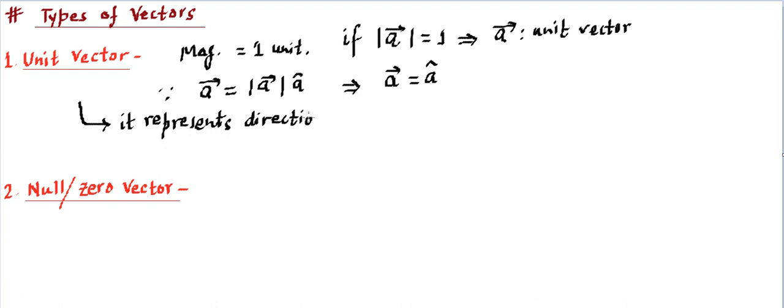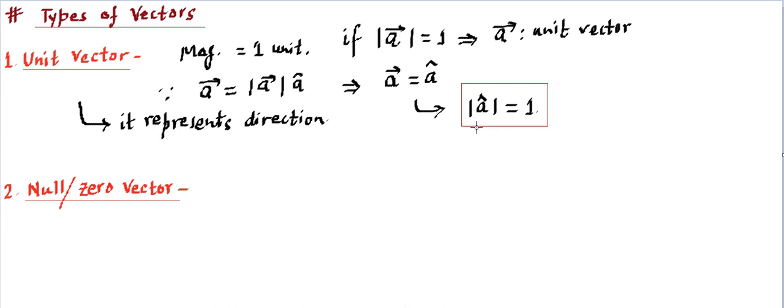So whenever a unit vector is given to us, we can claim two things: that its magnitude is 1, and it is representing direction. So A cap, we can conclude, is a direction whose magnitude is going to be 1. That's another important point you need to remember, and you are going to get it n times in vectors. So the magnitude of a unit vector is 1, or you can say the magnitude of any cap is 1.